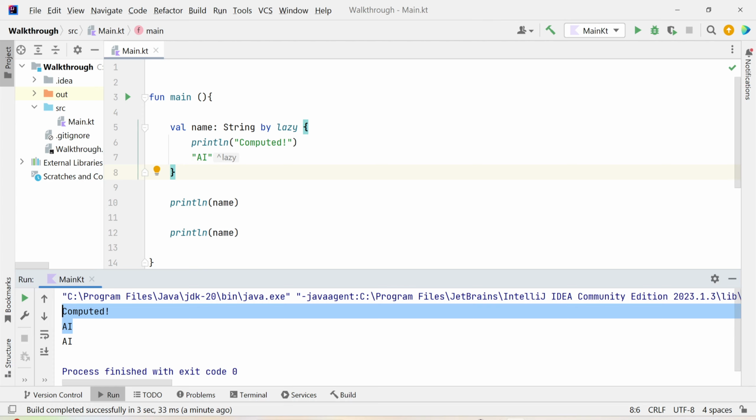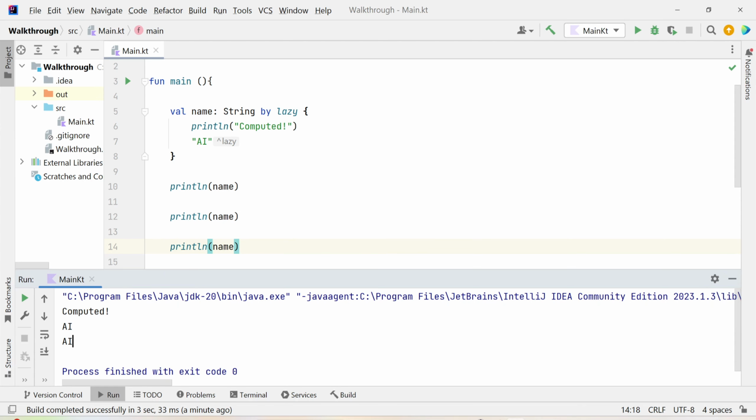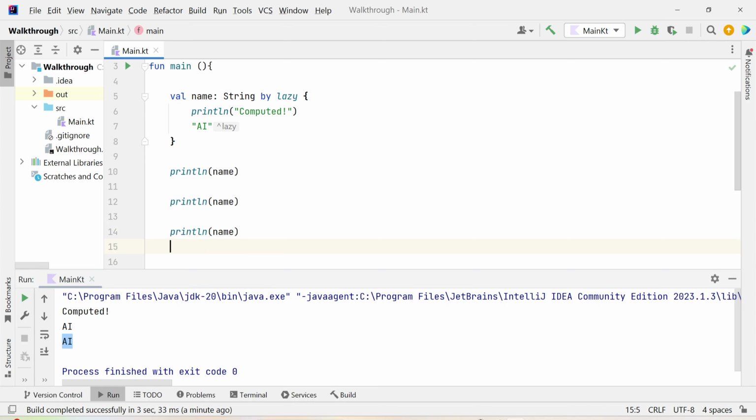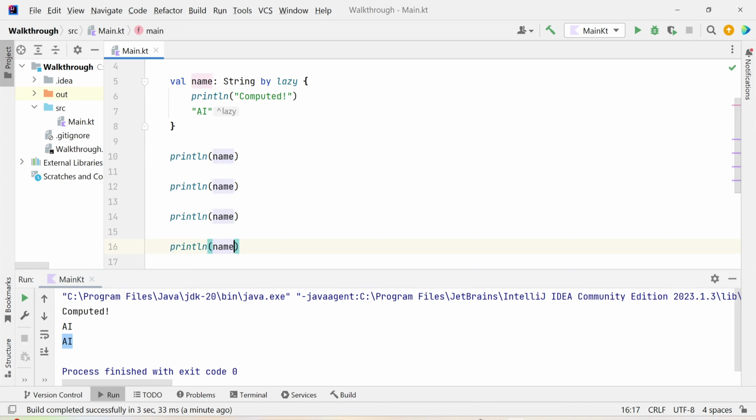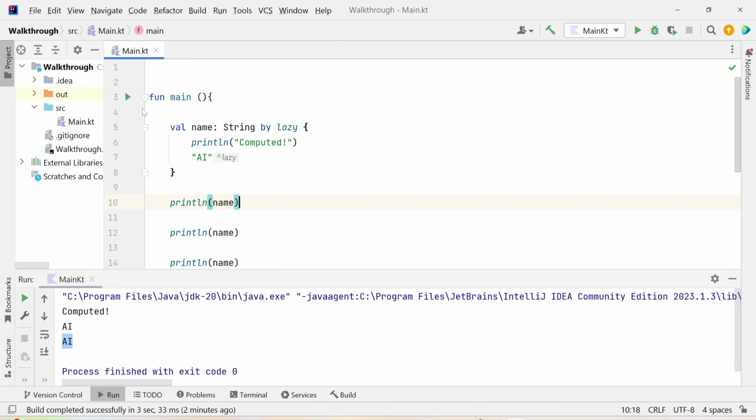After that, whenever you write any print statement or something, then only this AI will be printed. That means we have already assigned this name with this AI, so wherever you write this name, you will get this AI. Or you can do something like name.length, it will print what, 2, because AI has length 2. Okay, if you write it like this and execute it,